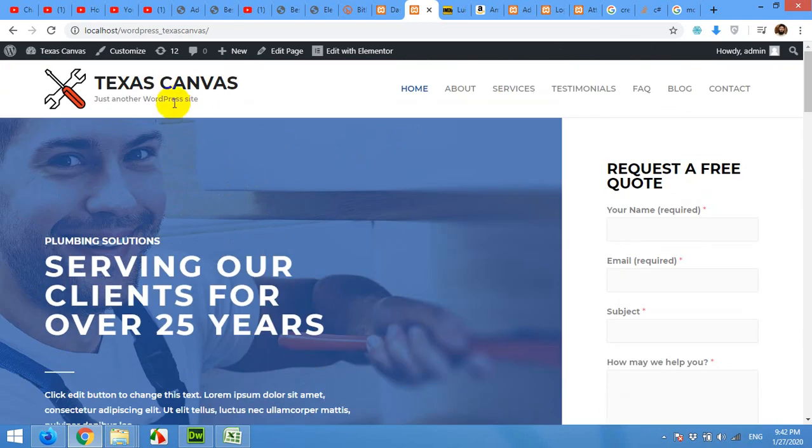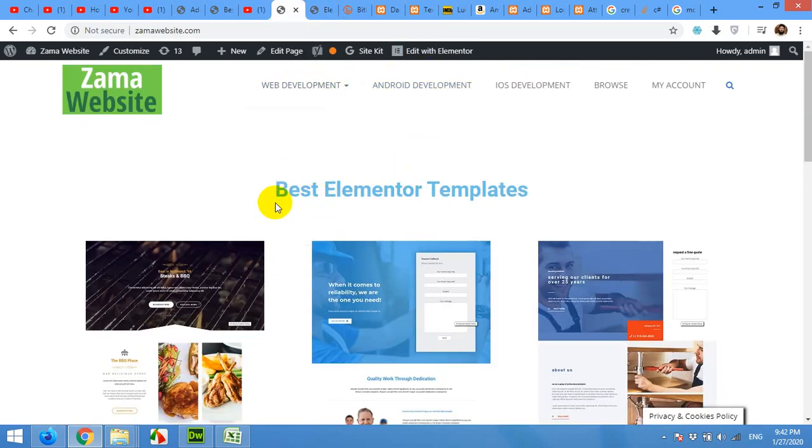So to make this menu sticky just like this, I will show you how to do it using a plugin